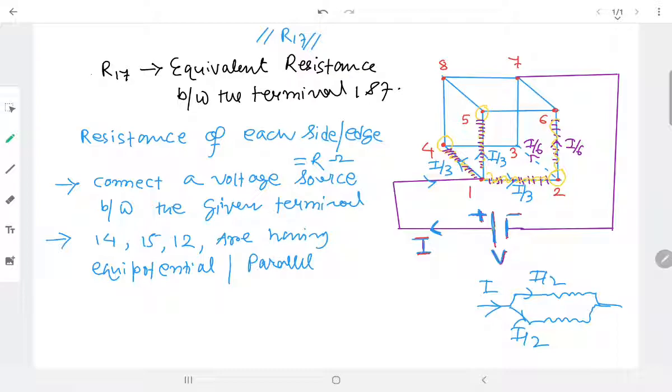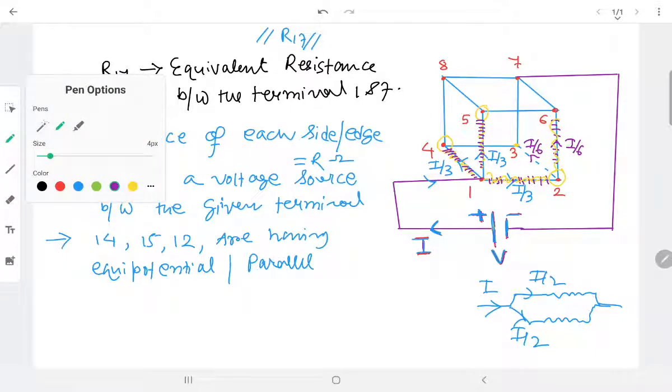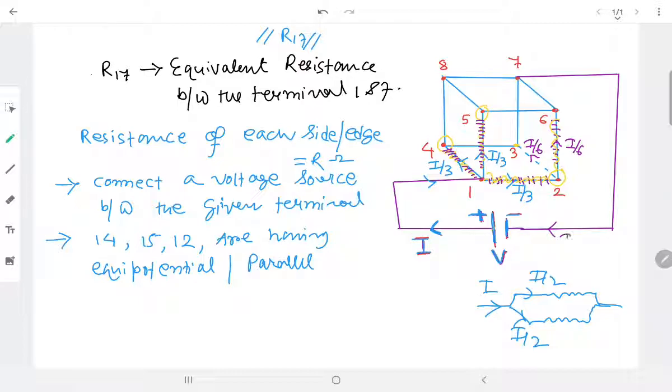In the same way, suppose someone is sitting on the point 3 and wants to come to the positive terminal. How many resistances does she or he need to cross? Again the minimum will be 2 resistances. You can choose any path, but my question is what is the minimum resistance you need to cross? 2 resistances. That's why 3 and 6 are on the same potential. This is I by 6 and I by 6. Okay, because current I is outgoing, and by KCL, the incoming current to the voltage source will be I.